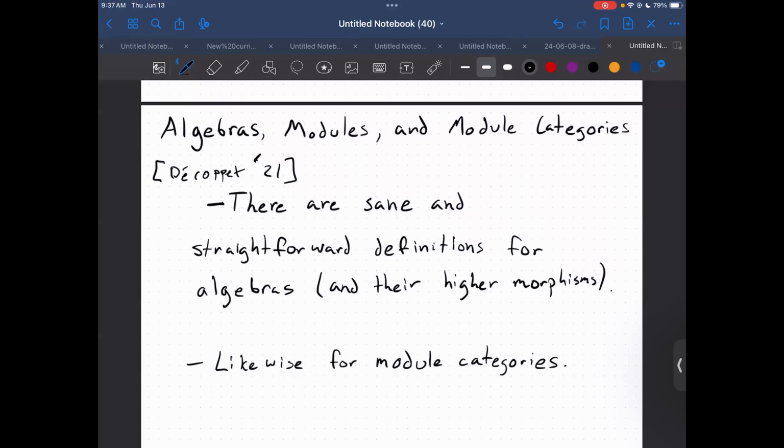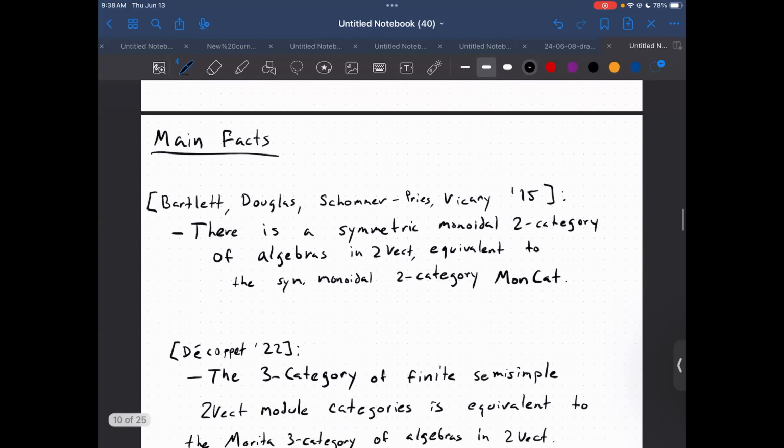And likewise, if you axiomatize the behavior of a monoidal category inside of the 2-category of categories, like the monoidal 2-category of categories, you can figure out what an algebra should be, what a module should be, and all these things like that. The important facts that we'll need